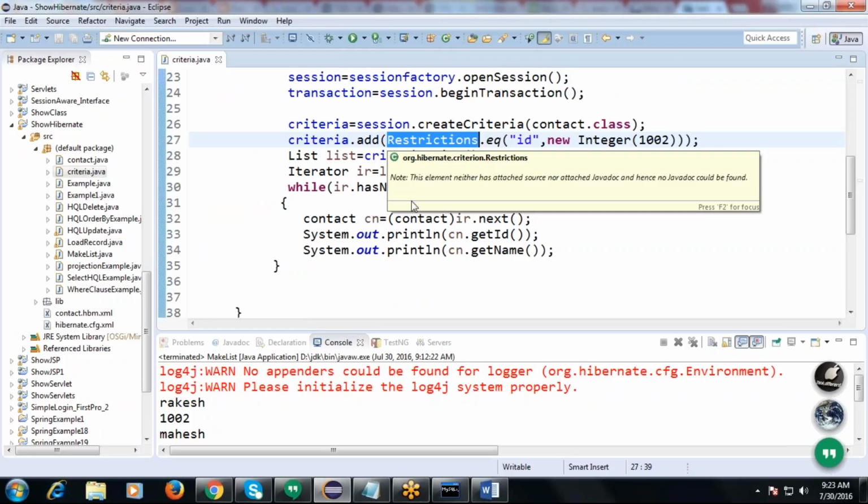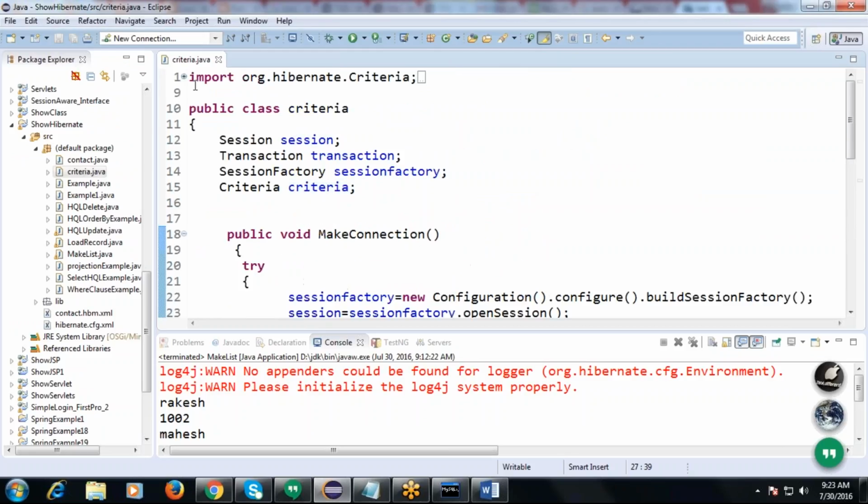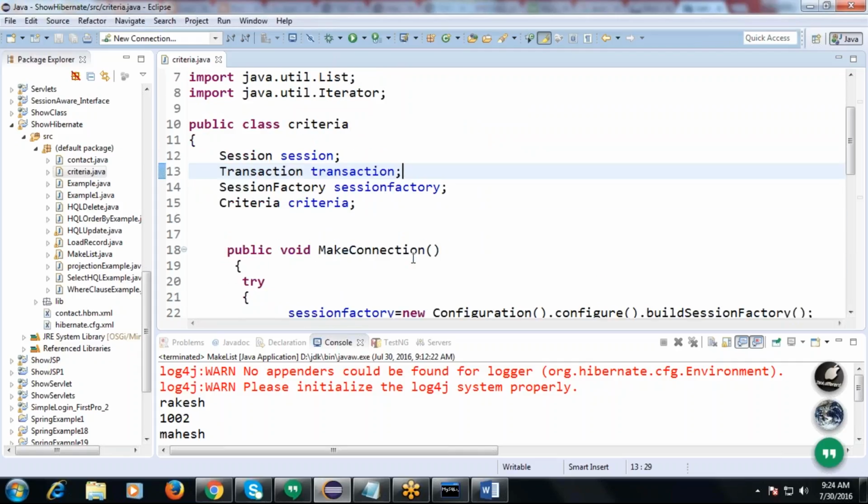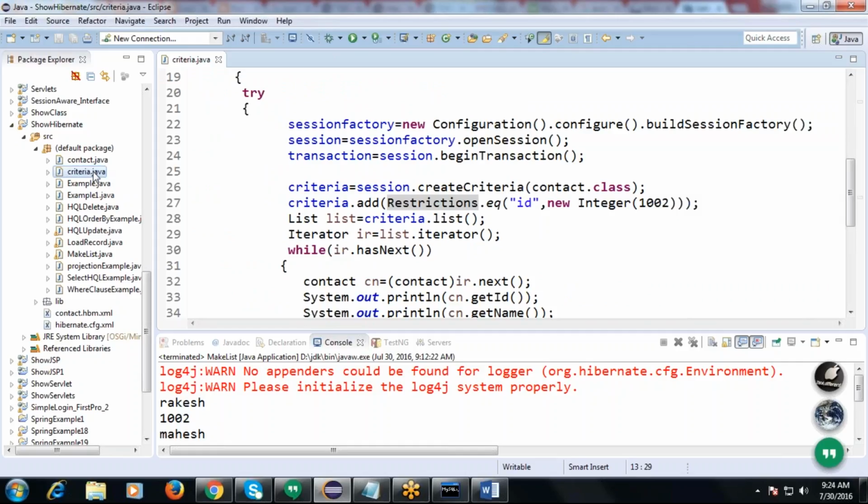You see from which package it is? Yes, org.hibernate.criterion package. So Restrictions is taken from which package? org.hibernate.criterion. Okay, so if we executed this,